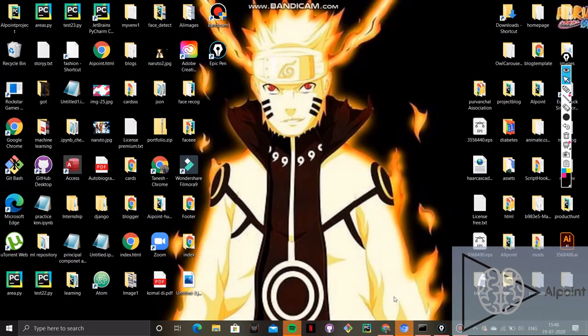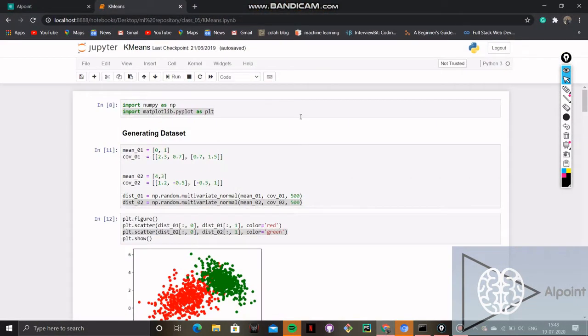For the code part, I have already opened my Jupyter notebook. Firstly, we are importing our libraries, NumPy and Matplotlib. NumPy is a Python library that helps us with mathematical functions, and Matplotlib helps in visualizing the data. We have generated the data set in our next cell.